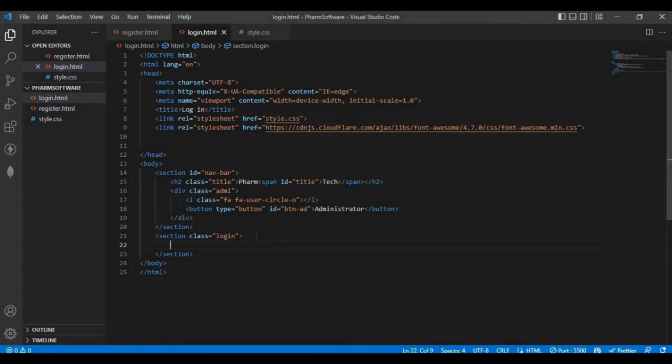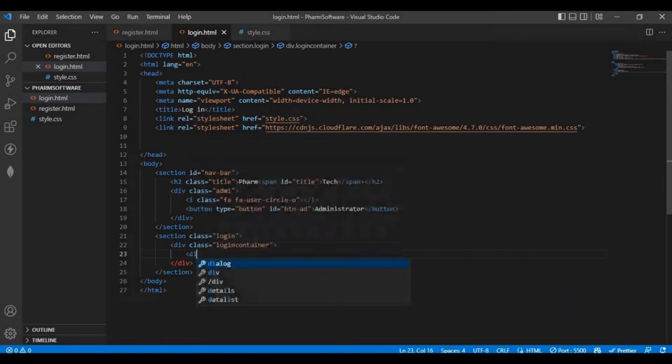So that is it, and we are going to do another div class. We just put login container, and inside we'll be having a div. We just give the class form, and we close it, and we'll be having our input